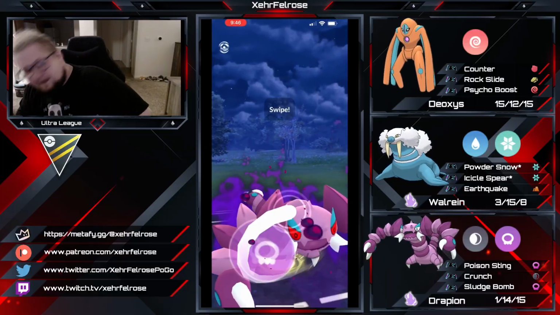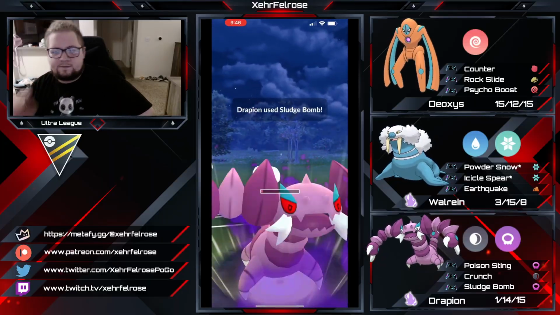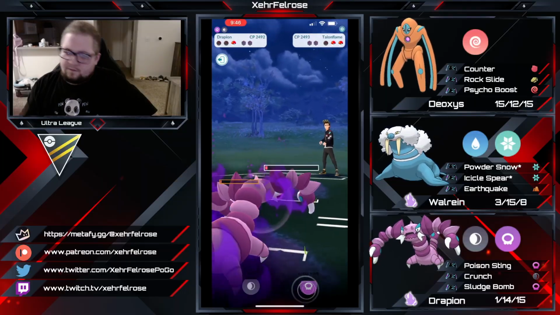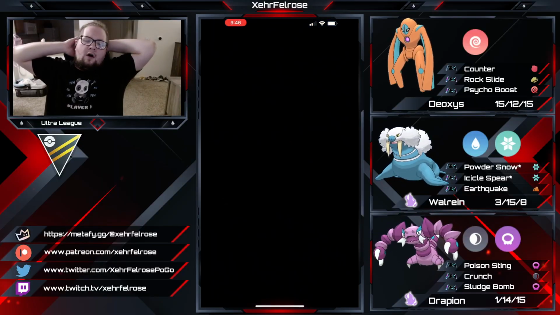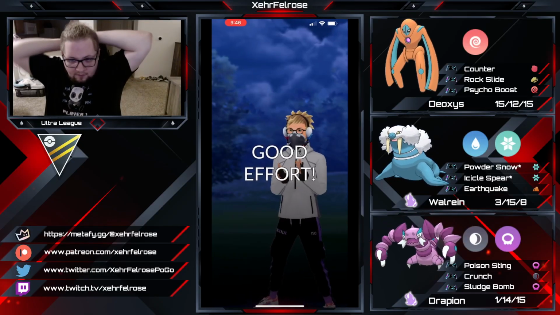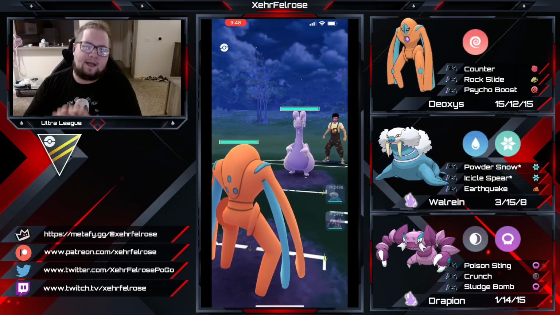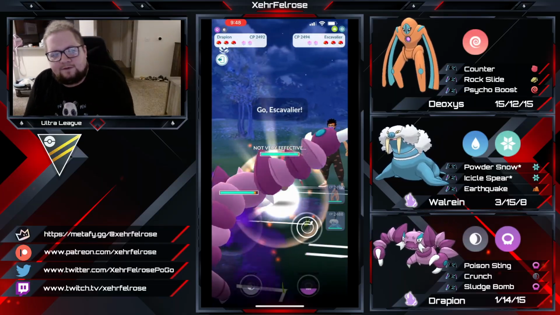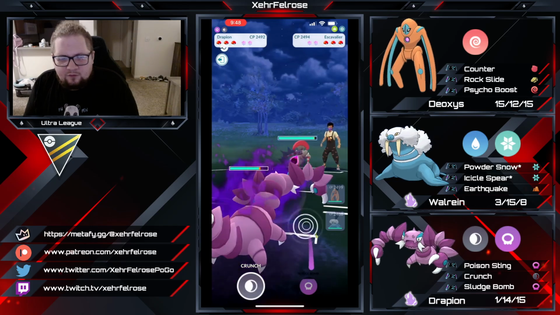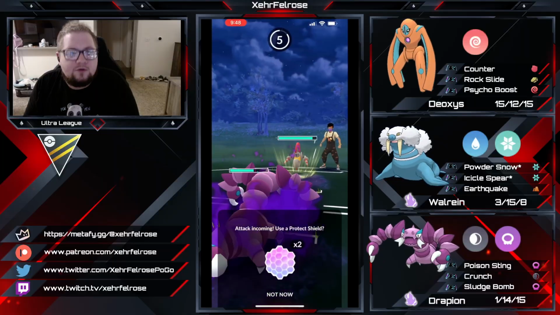Now, this game is a little bit painful because this is almost a win. Look, the Sludge Bomb takes out the whole Talonflame, and I was clicking on the Crunch, but it didn't throw. I think the opponent's lock-on was just perfectly in time with me pressing that button, and unfortunately I didn't click it fast enough. I could have won that game if I was a little bit more diligent with my charge move, but unfortunately I lost it. So at this point I'm at like 2960 something,